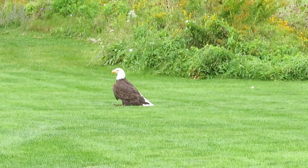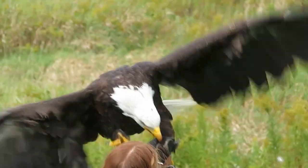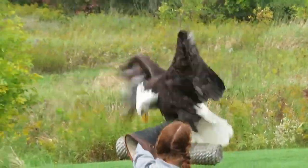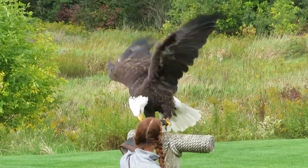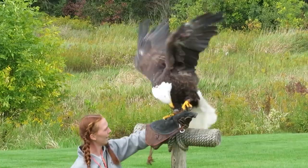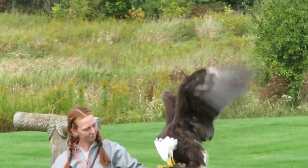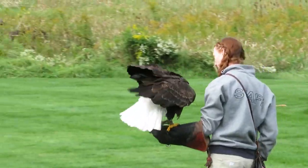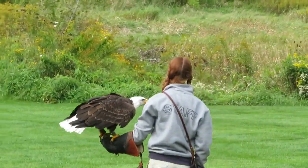Now, eagles and most raptors or birds of prey species list. So this is excellent news for our eagles because it means their populations are once again high enough, or their numbers are high enough that their population is once again stable. So much so that you can actually see bald eagles here in Ontario. Many people don't realize that Ontario is native habitat for the bald eagle. So next time you guys are